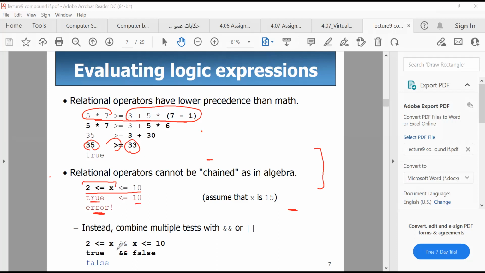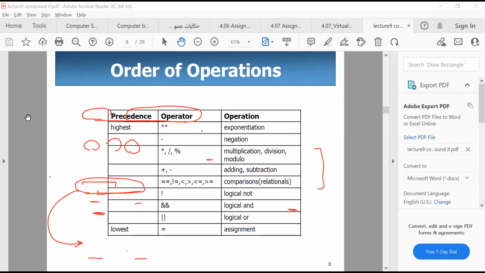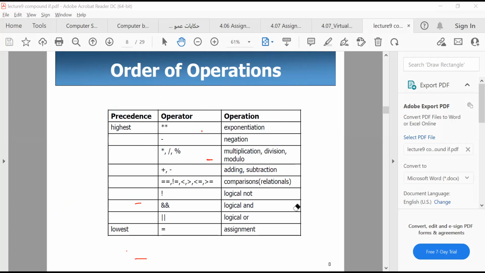But what we can do is try to rewrite that expression into that form. Does this make sense to you? So we can compare true to false, but not true to 10. Does this make sense? Good. So this is the order of executing or operating the operators. If you look here,